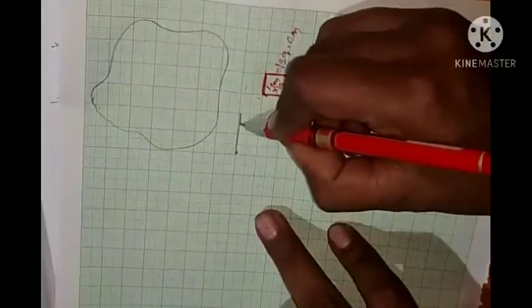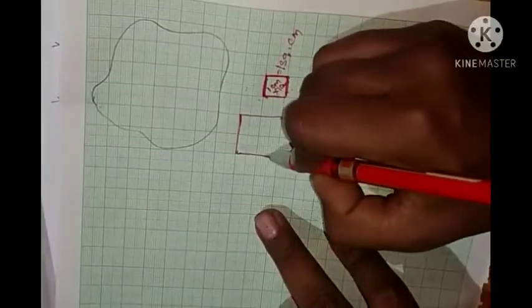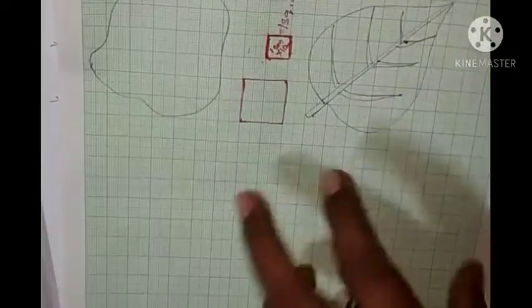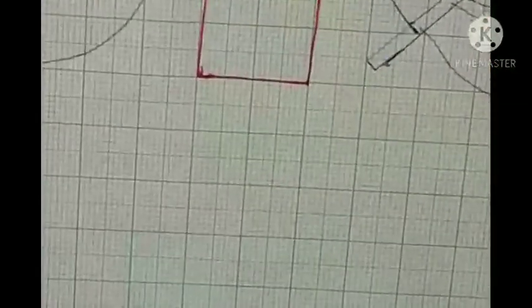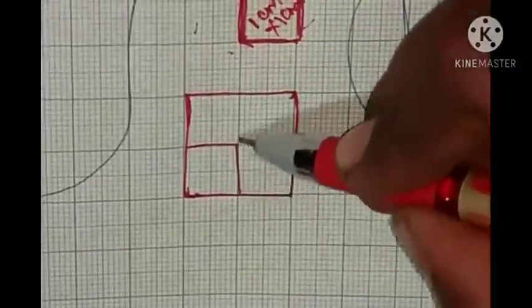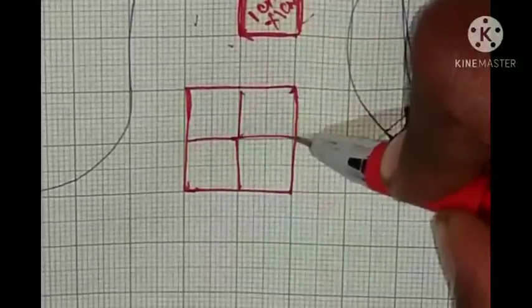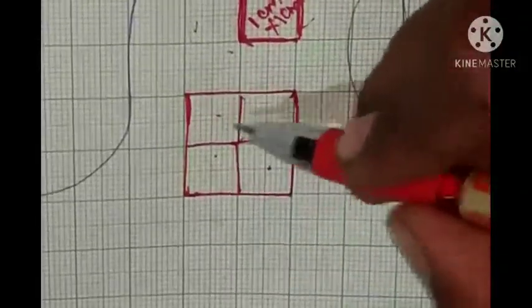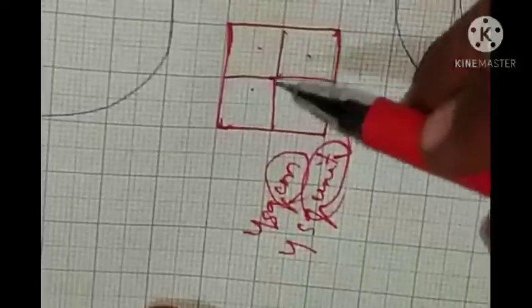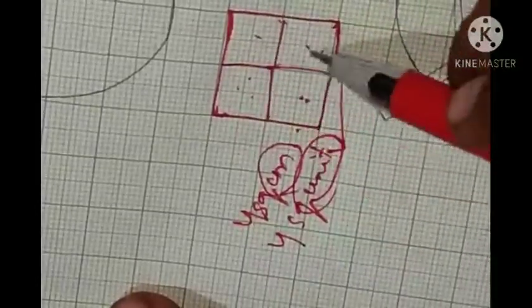So look at here. I am making a figure. And this is a figure of a square. So how many squares has it covered? If I zoom it, look at here. How many squares are there? 1, 2, 3, so 4. 1, 2, 3, 4. So the area of this one is what? 4 square centimeter or 4 square unit also. Instead of centimeter, you can write unit also. Either it is 4 square centimeter or 4 square unit.